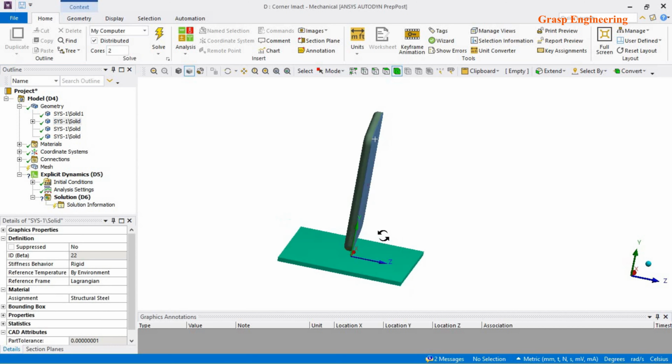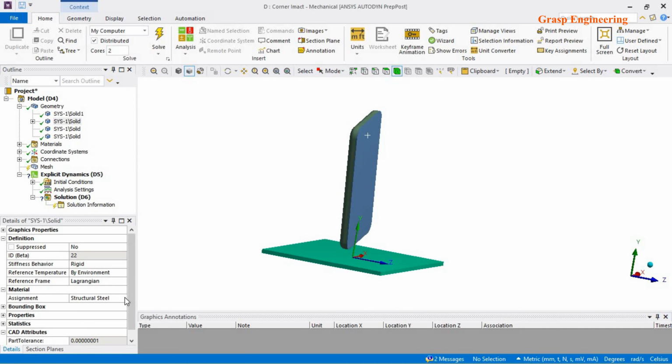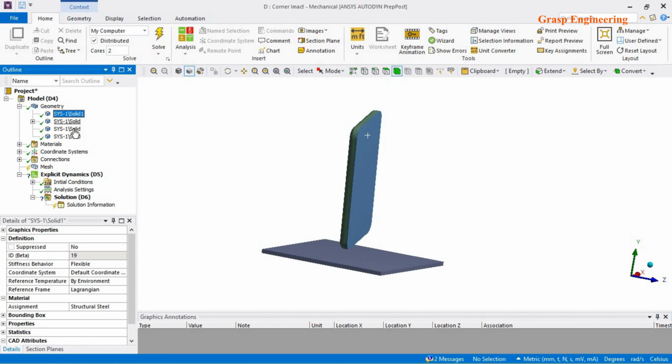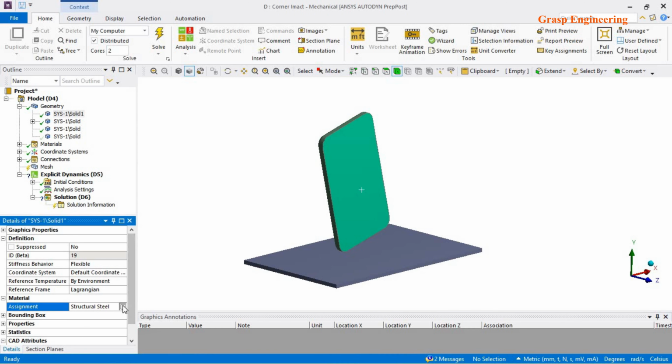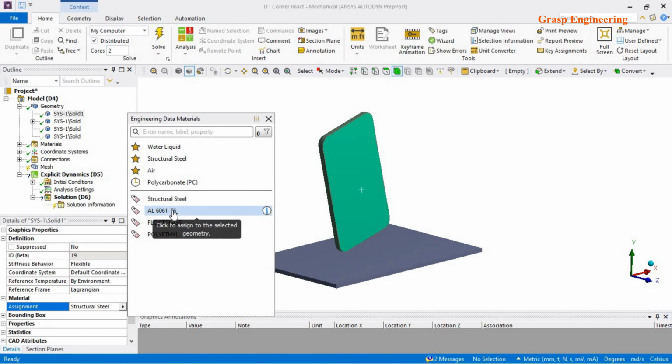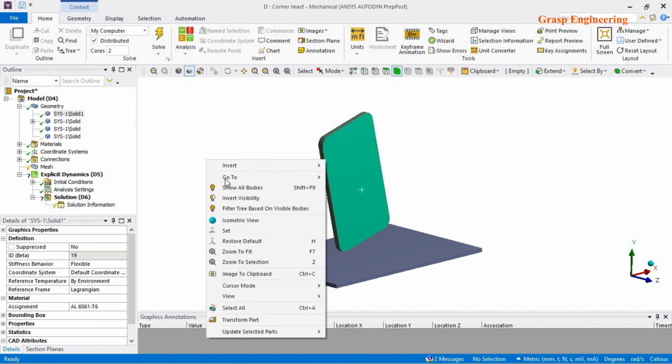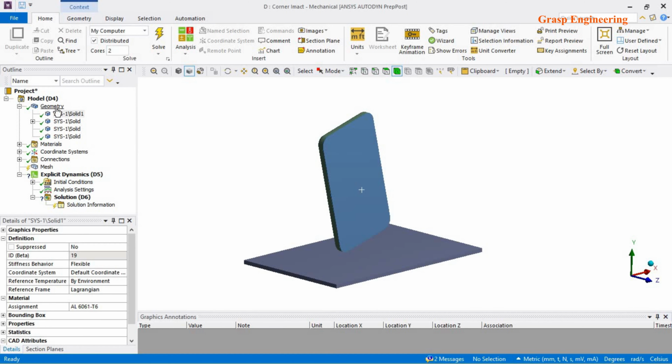Then next will be your platform, that is a structural steel. And here for the structural steel, once you use it, you can see over here the stiffness behavior we consider as rigid. So you need to change from flexible to rigid. Now let's see the other component, that is the inside one, that is a body. This body, let's consider this as an aluminum alloy. Okay, so these are all four components, and if you want to see,